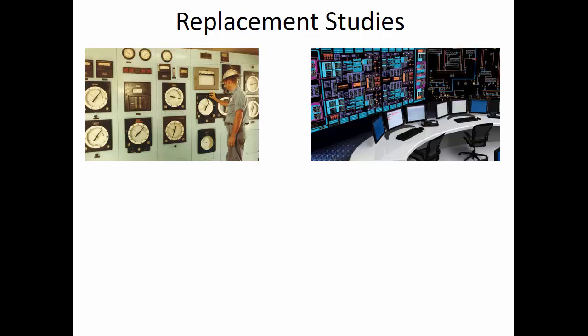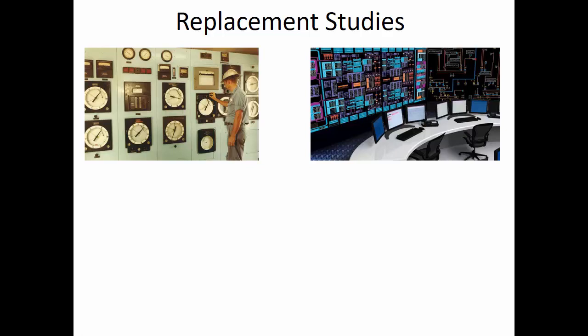All right. So today we're going to be talking about a specialized application of economic service life analysis, and that is replacement studies. In the picture here, it's showing the control panel at a couple of chemical plants. It's just an illustration to give you an idea that on the left is some old analog dials that are indicating the pressure and flow rate and what's basically going on with the chemical process at various points in the plant. And on the right is an automated system with lots of flat screens and computers,